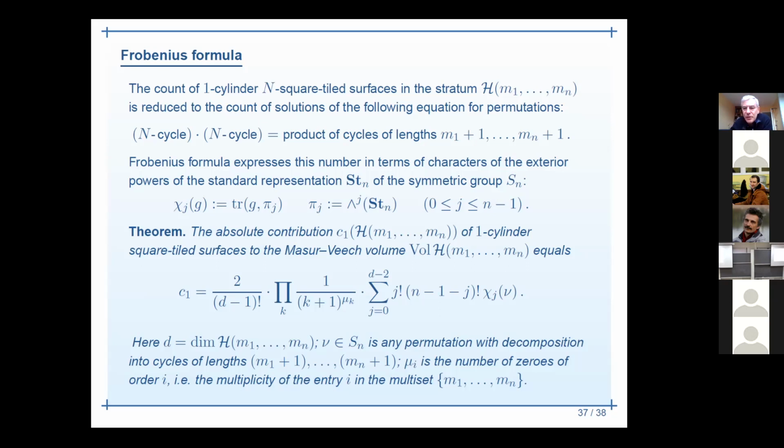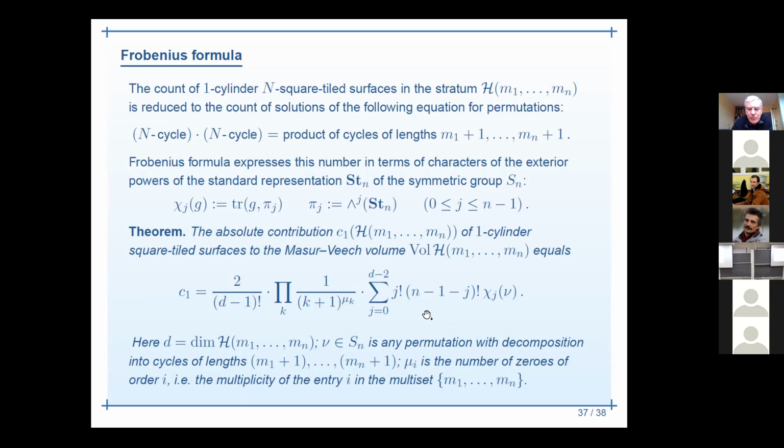So counting square tile surfaces with this single horizontal band is the same as counting pairs of permutations like this. And we can easily pass to counting pairs of just long cycles, such that the product of one long cycle times the other long cycle is the product of cycles of given length completed with an enormous amount of cycles of length 1. So this problem can be treated through the Frobenius formula, and you get an explicit answer like this,